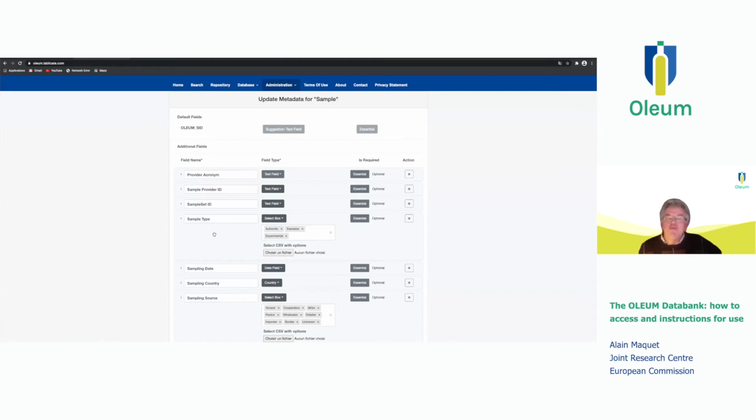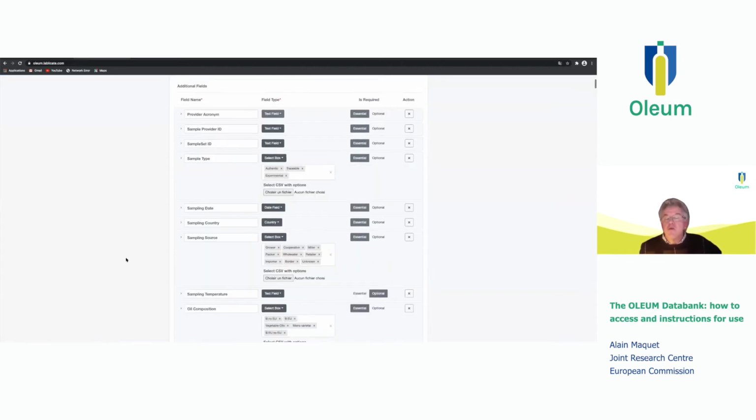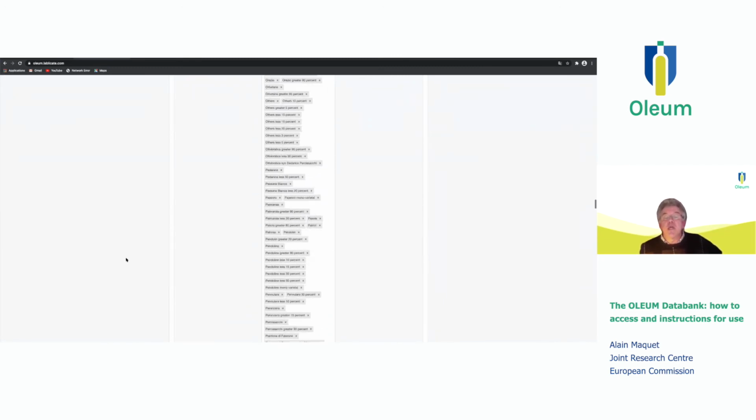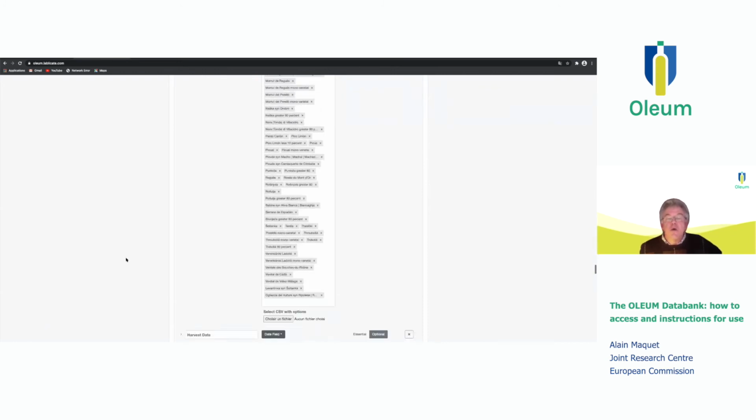So when you have the template to fill in, for this sample type you will have the possibility to select among authentic, traceable, experimental. You have, of course, date fields, number fields, etc. And here, for example, for varieties or name, you can see there is a large